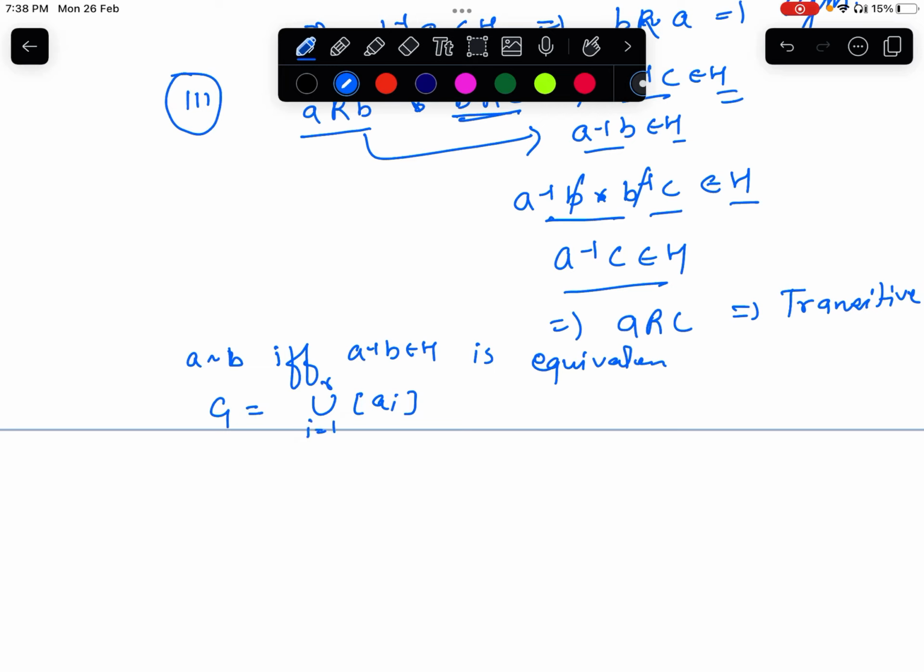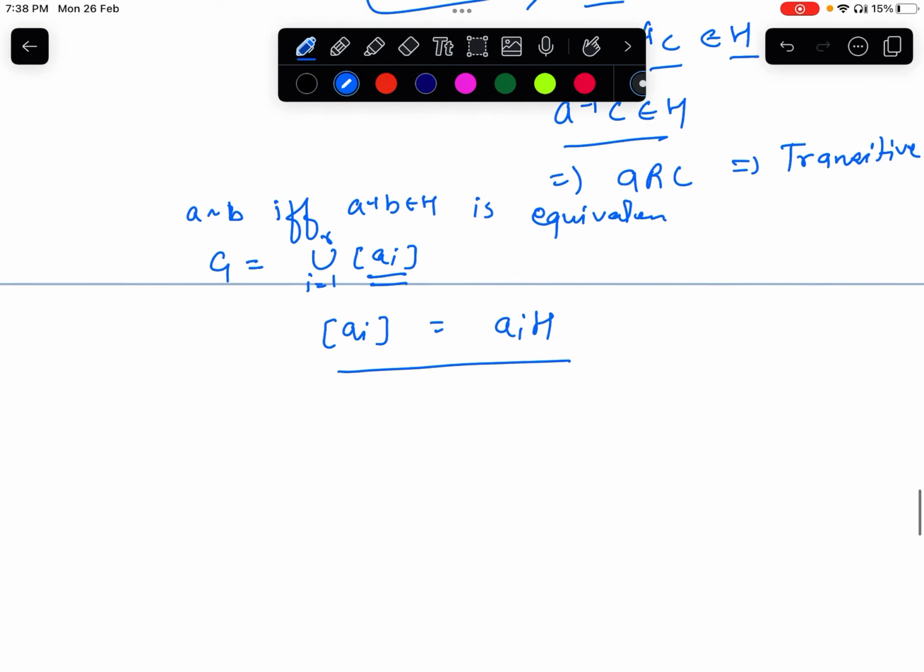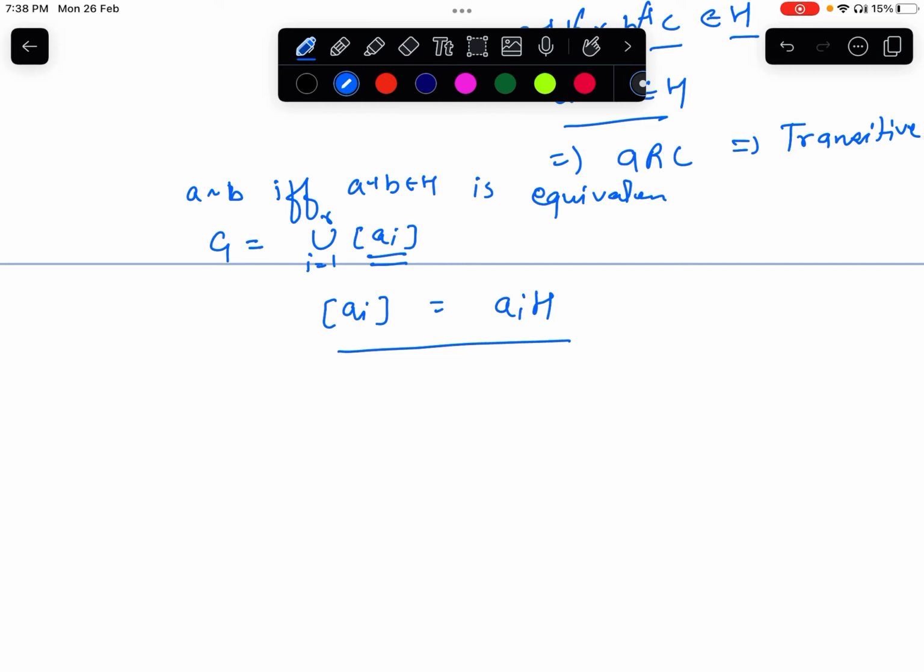Now we need to prove that this equivalence class of a_i is equal to the left coset of H. To prove this, let x belong to